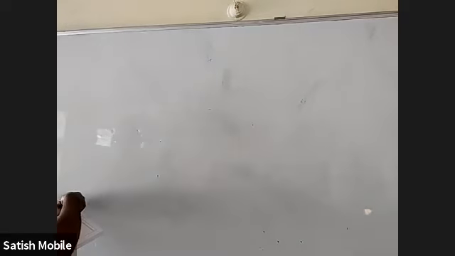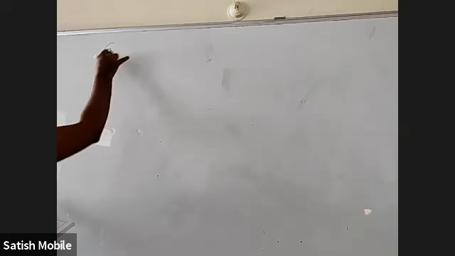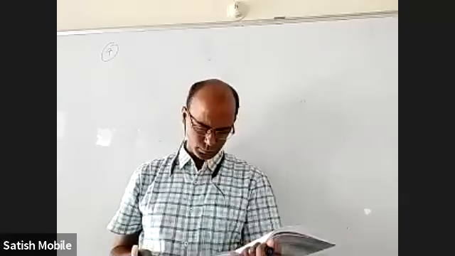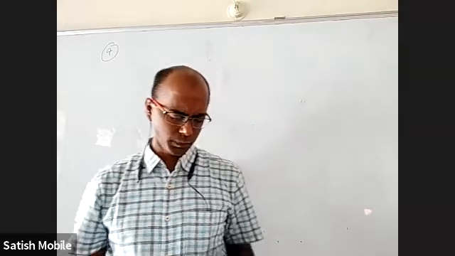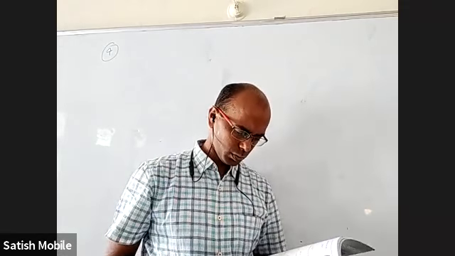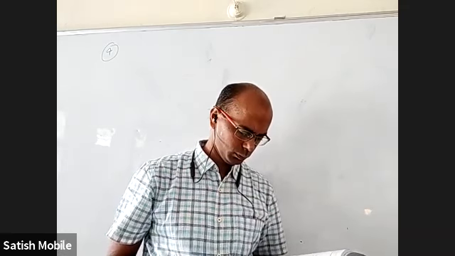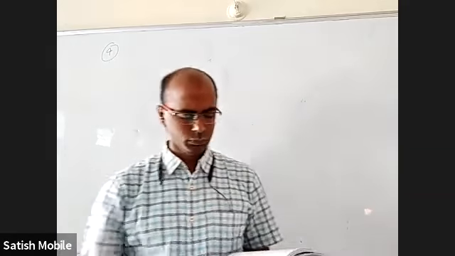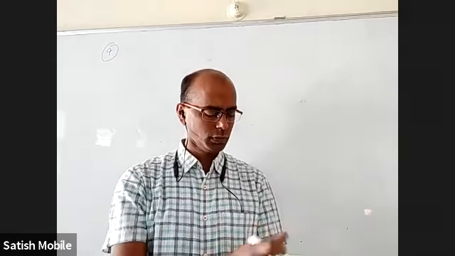Okay, fourth question. They gave some I1, I2, and I3. They want some relation between them, or that the sum is 0 and all that. One is integral of cos of pi sine square x. I can replace x with pi by 2 minus x, and it will become cos square x. Okay, just read the fourth question, think about it. Let us see what is the option.